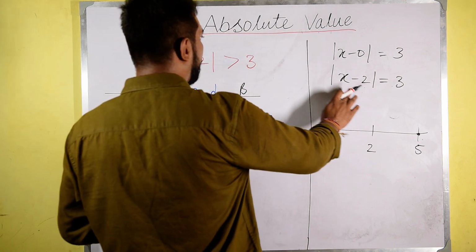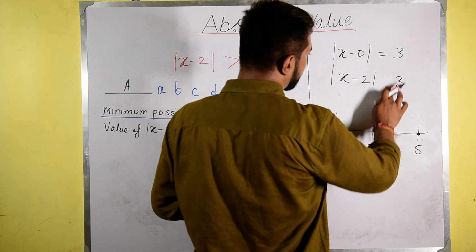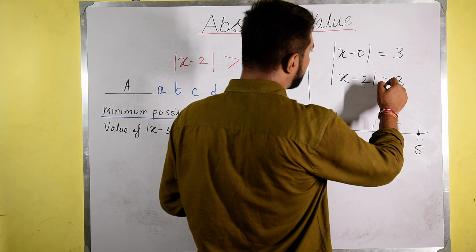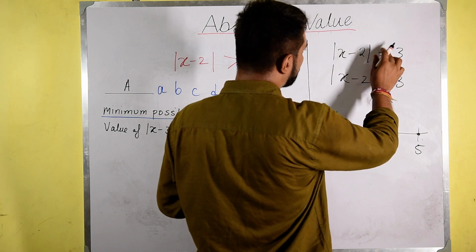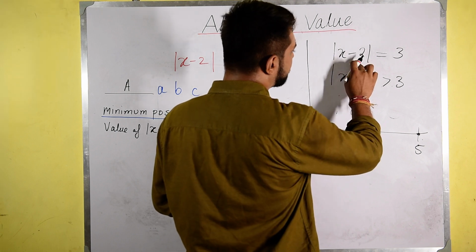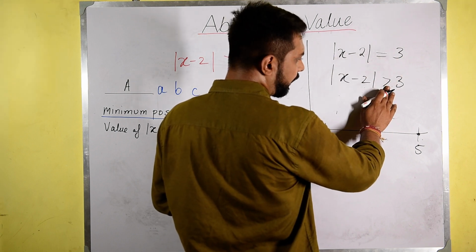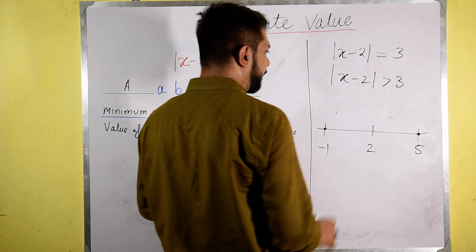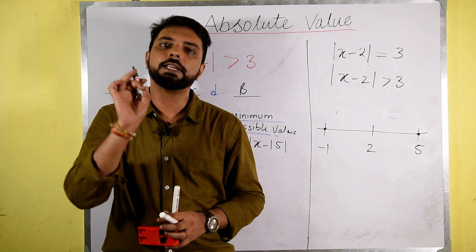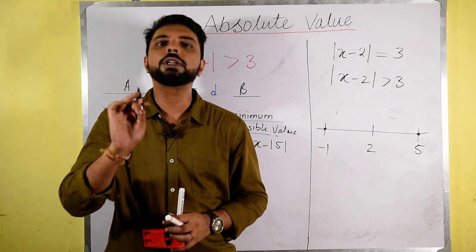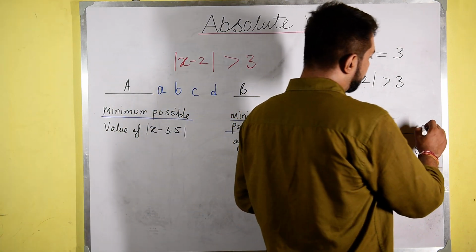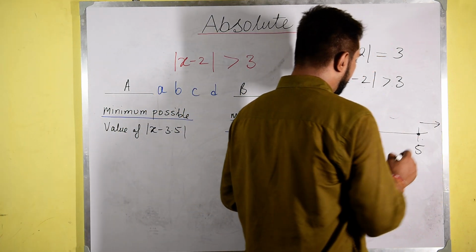Now guys, I am further changing it. I put the greater than sign here. Once it was equal to, it represented the x values at a distance of 3 units from 2. Now if I replace the equal to with a greater than, I am looking for those values of x whose distance from 2 is more than 3 units. That means any values on the right-hand side of 5 and any values on the